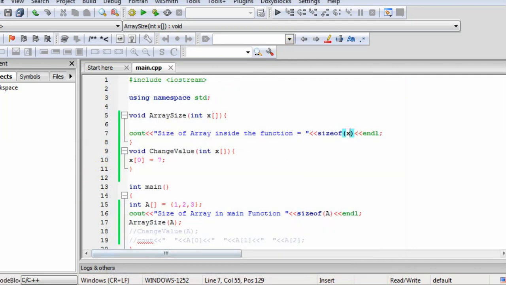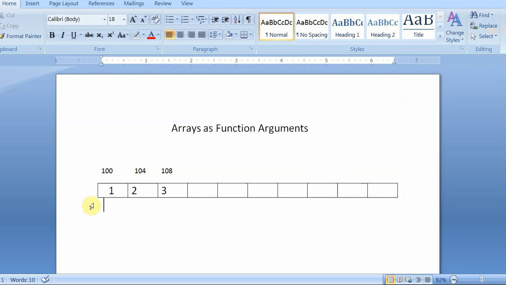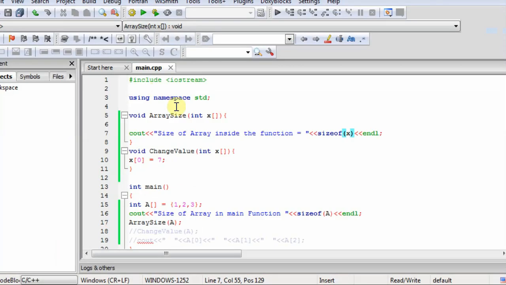First look, we have already discussed that an array is allocated in main memory like this. I have declared three elements in the array: 1, 2, 3. Suppose they are stored starting from address 100 to 108. At 100, 1 is stored, at 104, 2 is stored, at 108, 3 is stored. Okay, so now